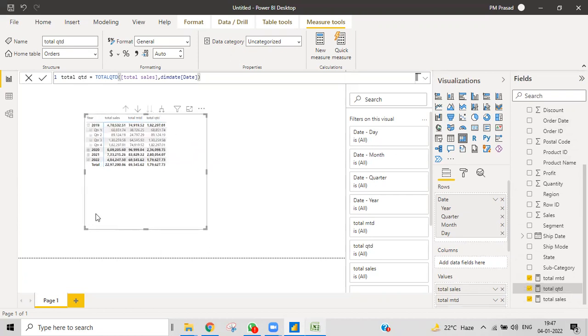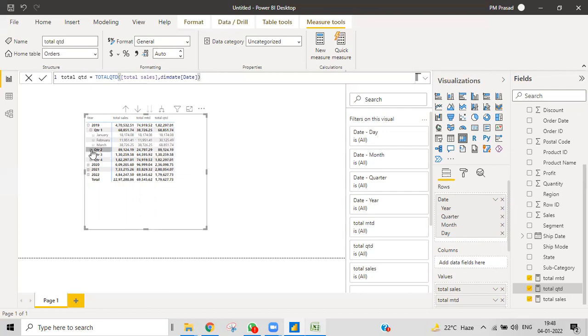Let us suppose you have quarter one, and in that quarter one you have 3 months. For quarter one, what is the sale? 68,815. If you apply QTD, you can see the quarter. For January it is 18,174, then February 11, then March 38. When you apply total QTD, the first month is 18, then for the second month it adds 11,000 and gives 30, and the third month it adds 38 and gives 68.